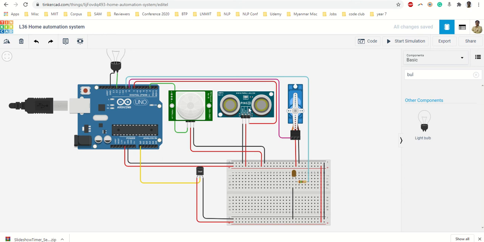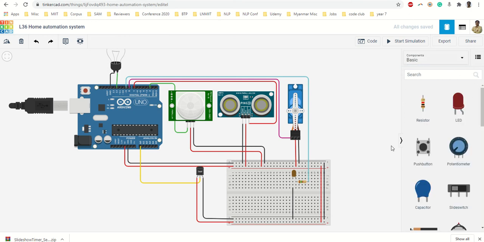I have an ultrasonic sensor so that if I enter my room and I am within 1 meter distance of my room, the door will open by its own. And there is a temperature sensor that if the room temperature is beyond certain limits, the fan can be on or LED can be on or anything like that. You can add more sensors, more actuators, it's all up to you, and coding is very simple.